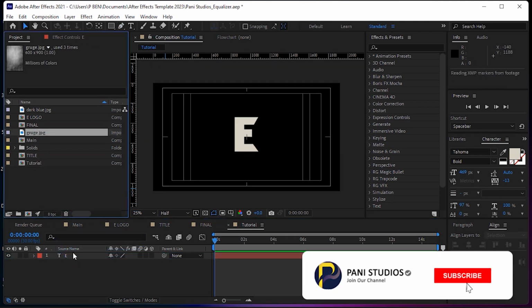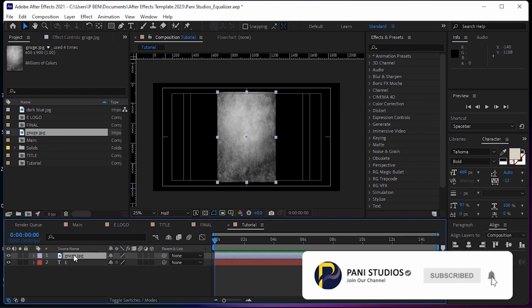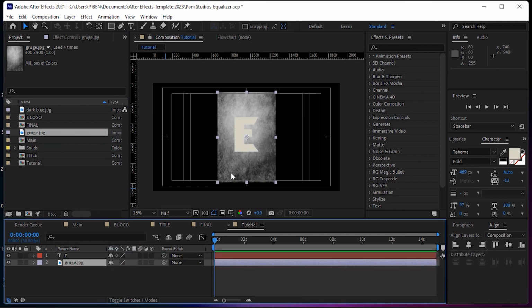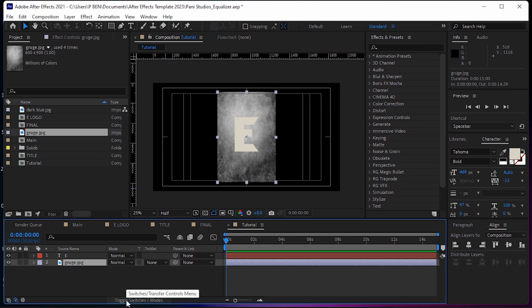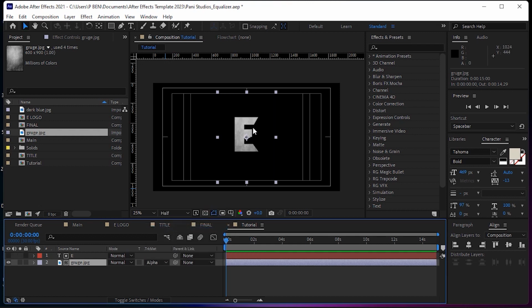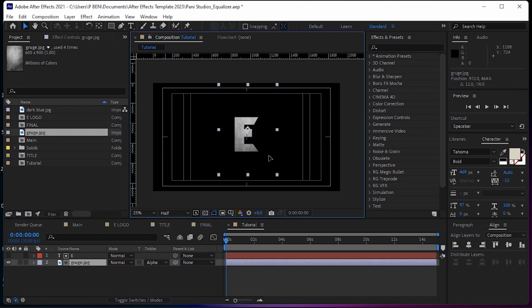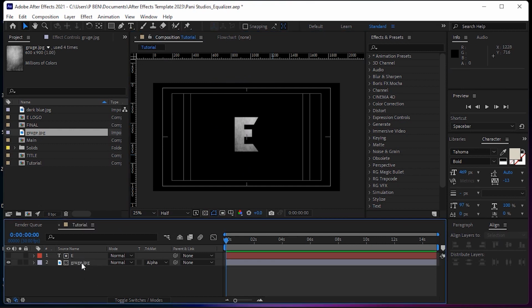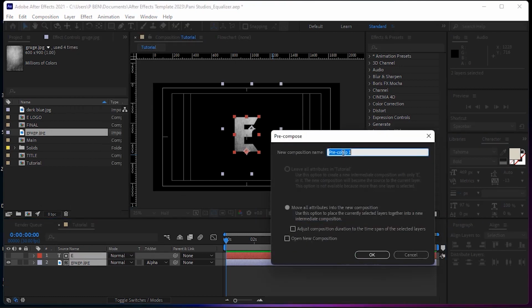Then next thing, I'm going to bring out my texture and invert it so we can get that nice looking texture. Then you can reposition. Then next, I'm going to pre-compose it, and I'm going to call this the logo,